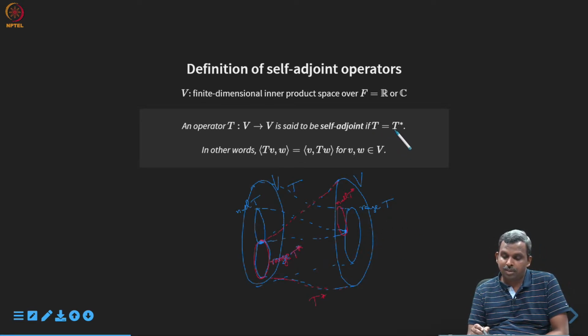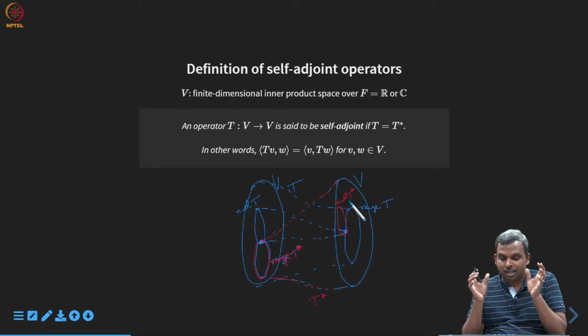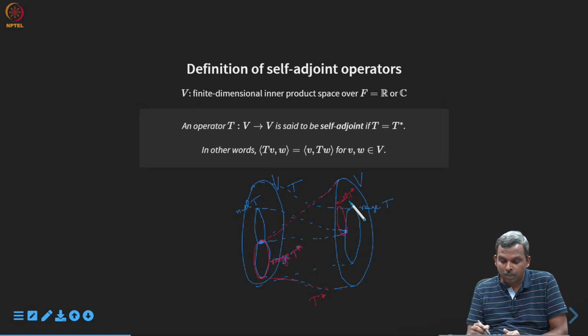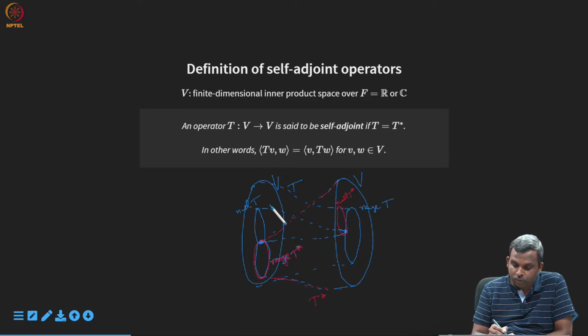Now notice what happens when T is T star. A lot of things here are going to coalesce. If T is T star, then range of T and range of T star are the same, and null of T star and null of T are the same. So all sorts of orthogonality is going to happen and things are going to really collapse. That is one way of viewing it, and the other way of viewing it is, if you look at a V,